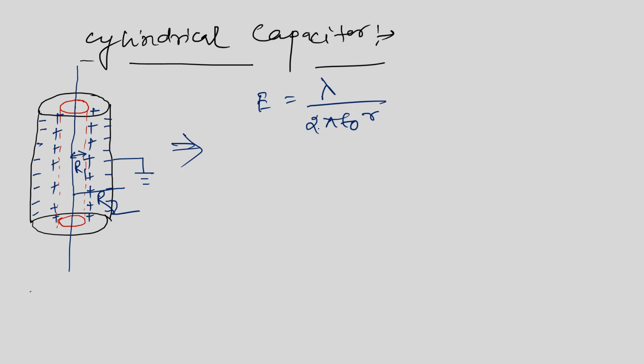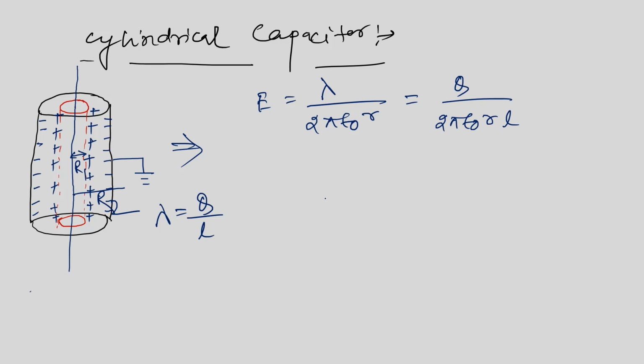So actually I need to find how much energy can be stored by this kind of capacitor, a cylindrical capacitor. Here lambda is the linear charge density or the line charge density. So lambda is equal to charge present per unit length. So it will be Q divided by L, so the field is Q divided by 2 pi epsilon naught R multiplied by L, right?